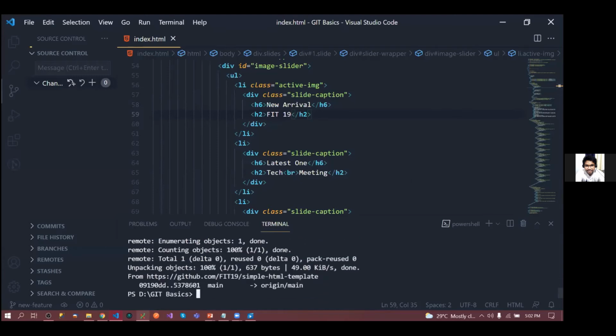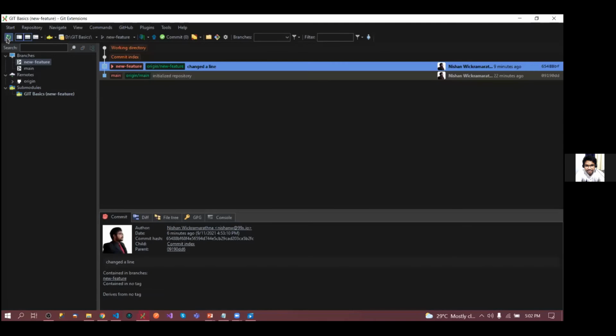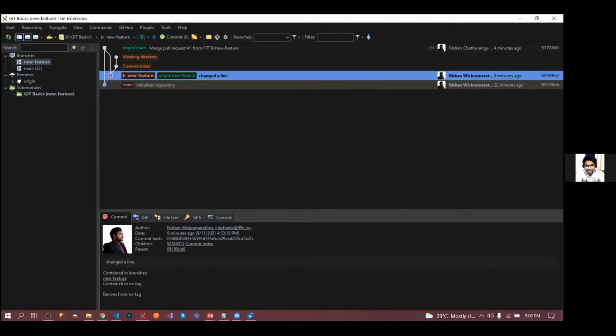Nice. If you try to refresh this, now you can see